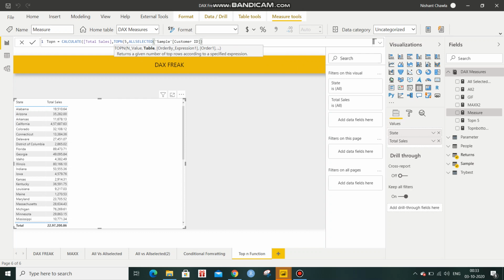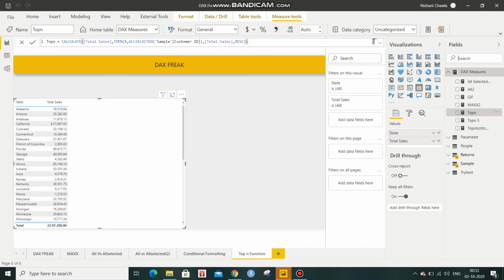I think it's easier to understand like this. Now the order by expression is again total sales, because you want them calculated by sales, and the order would be descending because you want the top 5. If you want the bottom 5, you can select ascending. Now let us select descending and click OK.